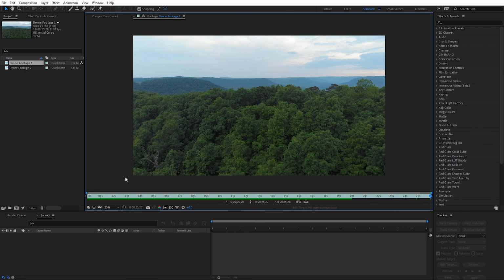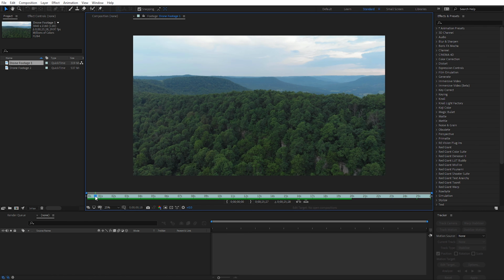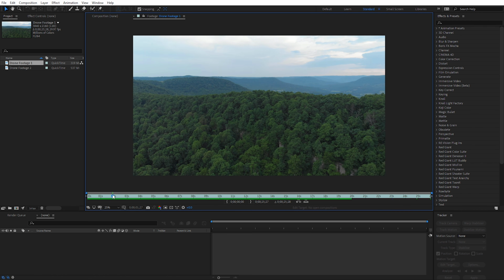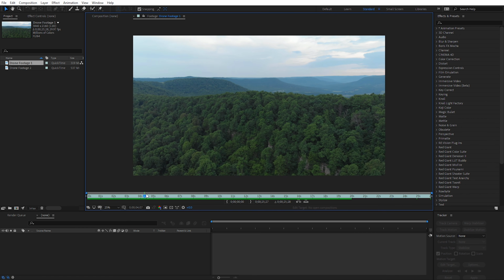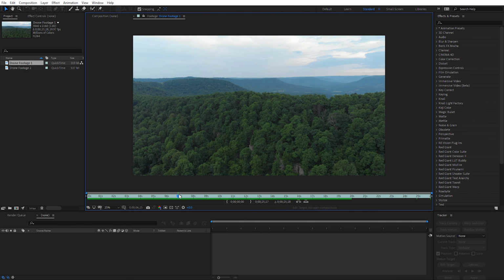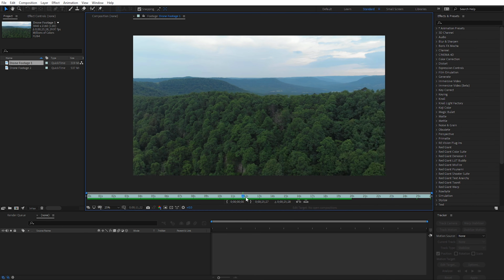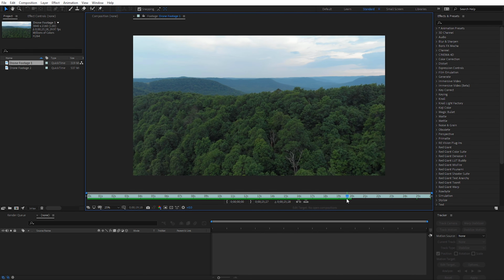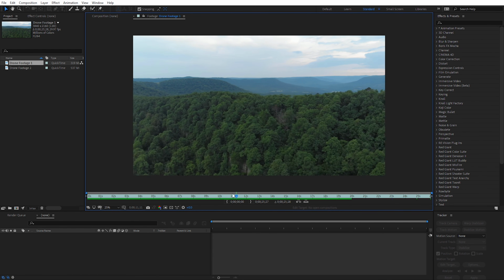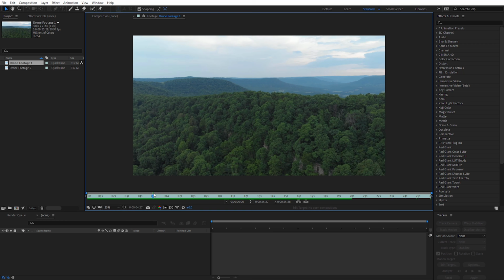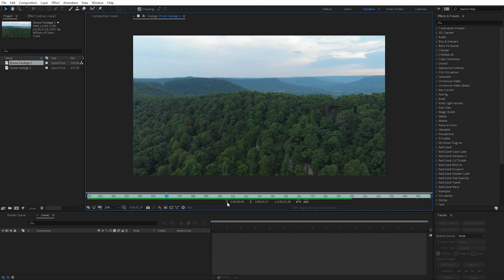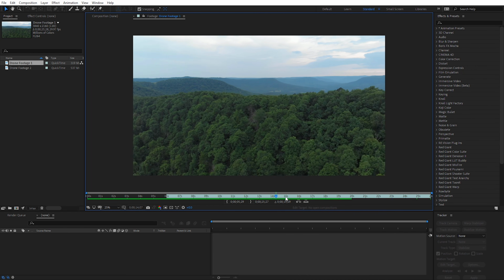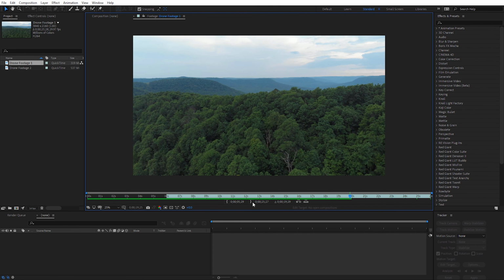flying across our scene. So you can see here, if I preview and scrub through this footage, at the very beginning we're not moving at full speed, so the speed has to ramp up. Now we're moving at the proper speed horizontally, and then at the end, again, it could slow down or stop, depending on whenever you started and stopped your clip. So what I want to do here is come to about 6 seconds or so, and I'm just going to set an in point there, and then we'll come over here to the out